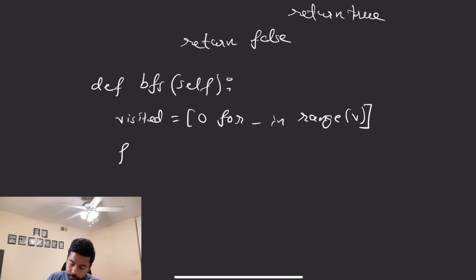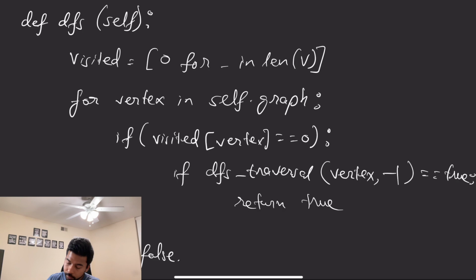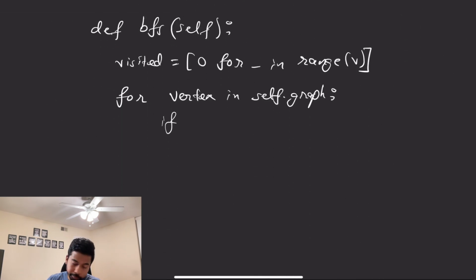And once again, for connected components, you would go for vertex in self.graph. Same logic, like this thing right over here. You would do if visited vertex